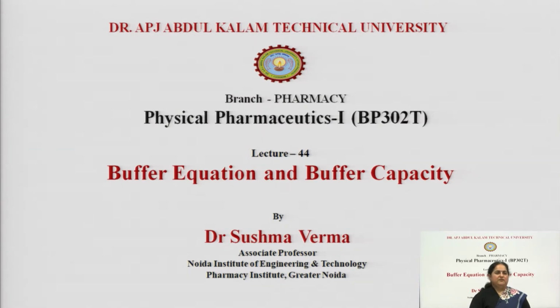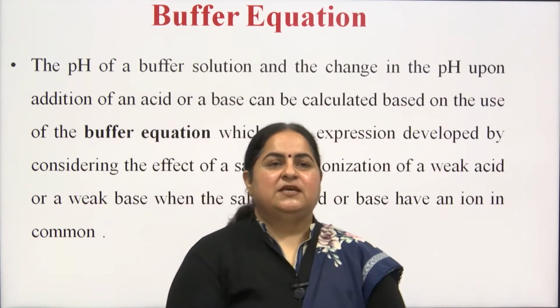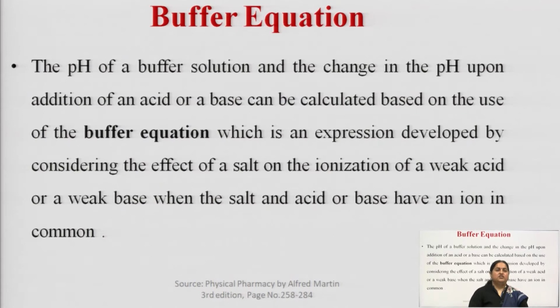So, you know that buffers are composed of two types of mixtures of solutions. One is the acid and the other is the conjugate salt. So, we will be discussing both the cases here, acidic buffers and basic buffers. Buffer equation. Buffers are basically solutions that resist change in pH when an acid or alkali is added to them. This you know very well, and now if we want to calculate the pH of any buffer solution, then we can use this buffer equation.